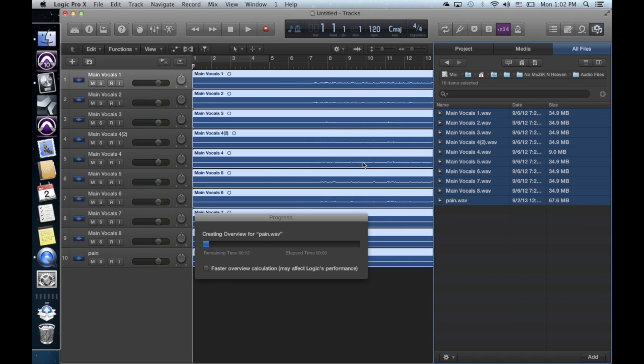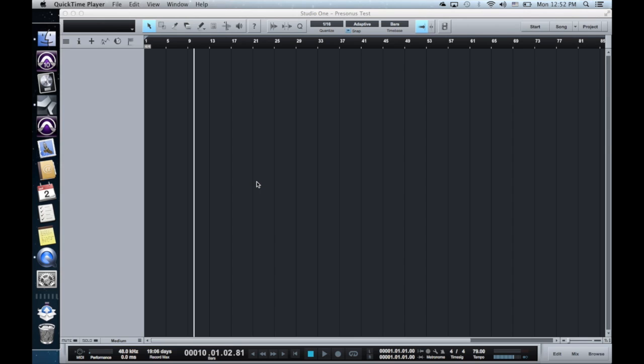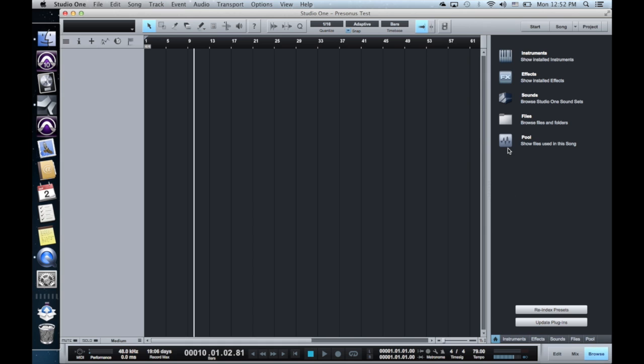So yeah, but you see it is importing, and even if you dragged it on there, it was going to do the same thing. All the music was going to be 32-bit, 48, and if not, 24 and 48. Took a second. Now this one right here is Studio One 2, which is made by Presonus, and this is